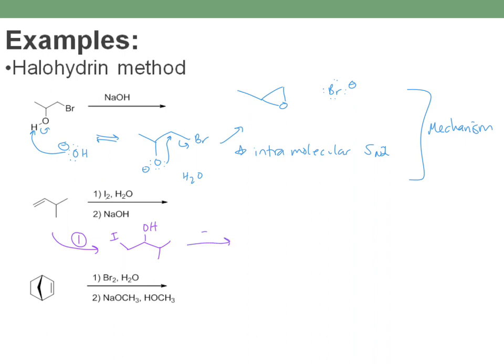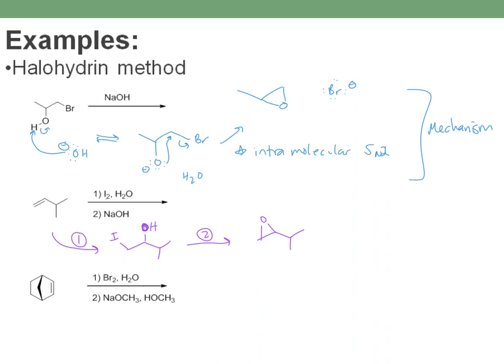And then in step 2, I just have sodium hydroxide again. And again, that's going to remove this H so that you get your epoxide right here. So again, this oxygen basically ended up attacking where the iodine was to make your epoxide, your 3-membered ring, your highly energetic product. And so that's all you have to worry about for that one. So in this case, I made the halohydrin, and then I added a base,